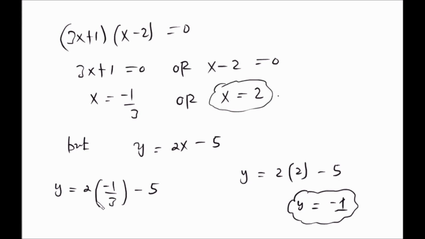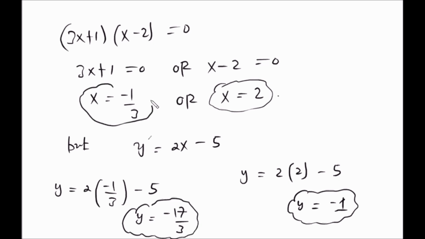And then hapa y tutapata nini? This is negative 2 over 3 minus 5. So it's going to be y ni sasa na negative 17 over 3. So this is y. So and this is x. So for our question there,